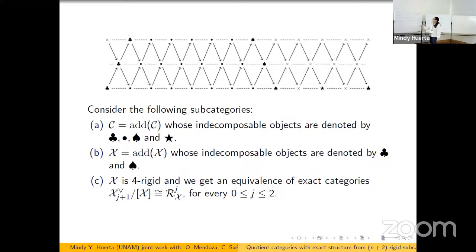in the following picture. In this picture, you can see all the indecomposable objects in mod Lambda stable, and every arrow here corresponds to an irreducible morphism between two indecomposable objects. So, okay, so